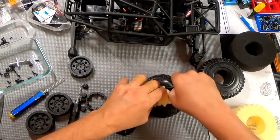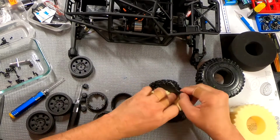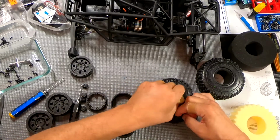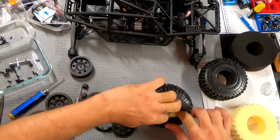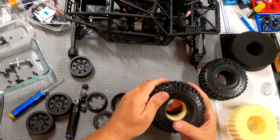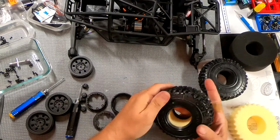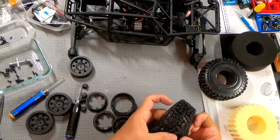So getting these in is going to be a lot of fun, I'm sure. Actually, not so bad. But got to get them situated at the same time. And these tires are very gummy. They're very sticky, so